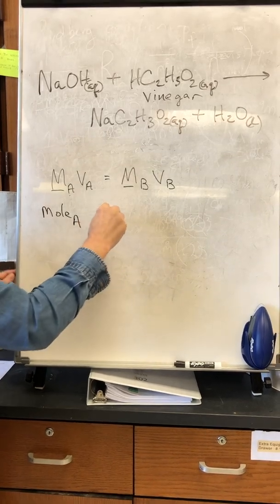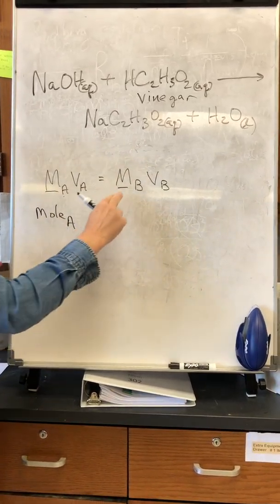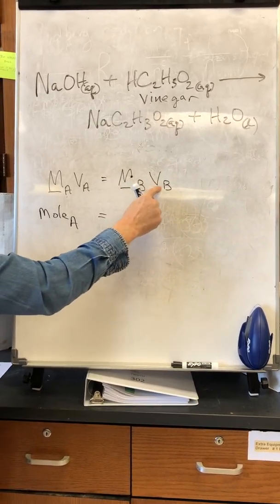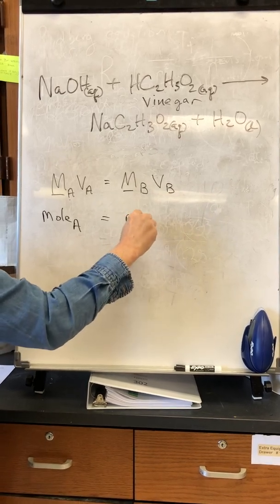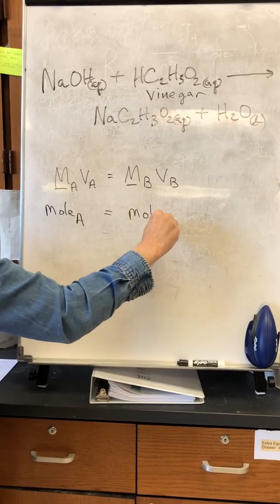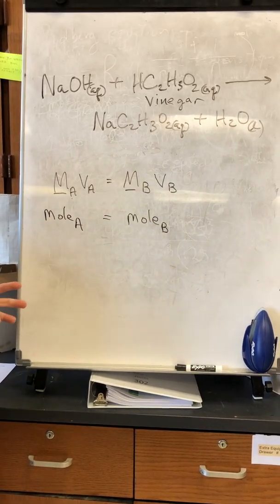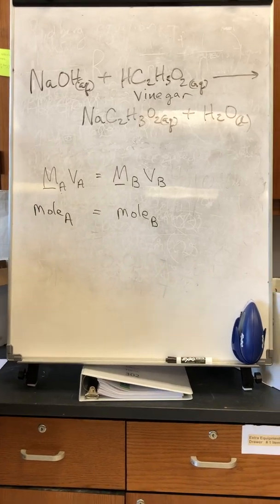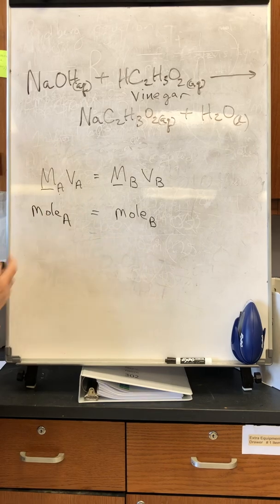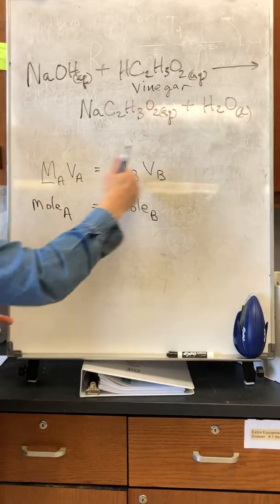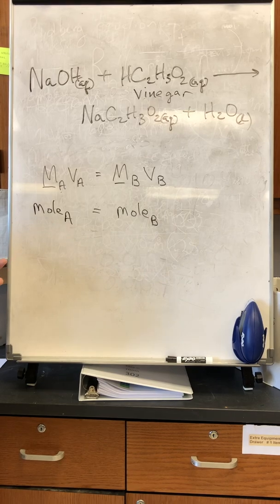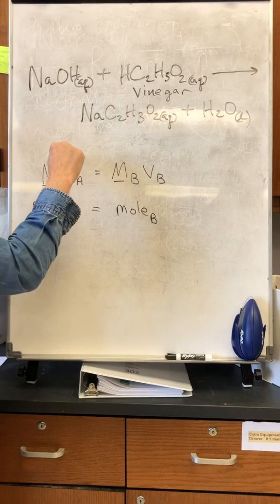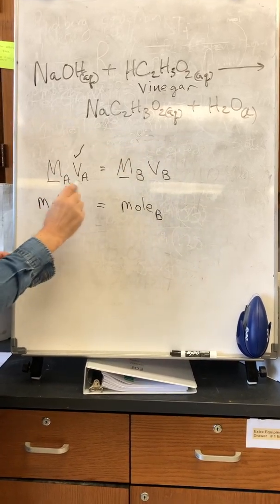All right? Because of the 1-to-1 stoichiometry, and even the equation says this as well, the molarity of the base times the volume of the base will give you the moles of the base. And because it's a 1-to-1 stoichiometry, guess what? These two sides are equal to each other. Now, when we do the experiment and we collect data, what portions of this equation are you guys going to collect? Well, when we do this experiment, we're going to measure out a specific amount of acetic acid,